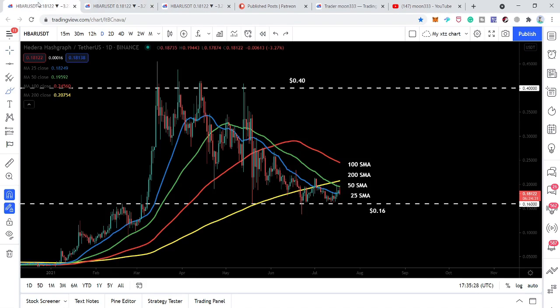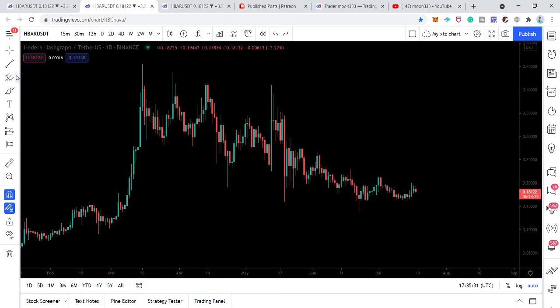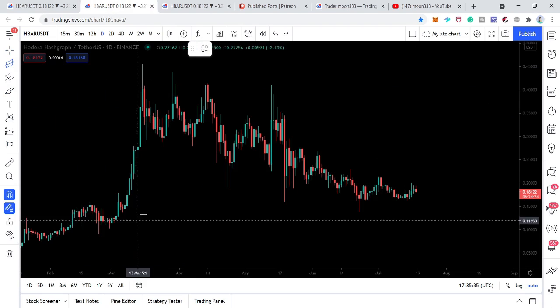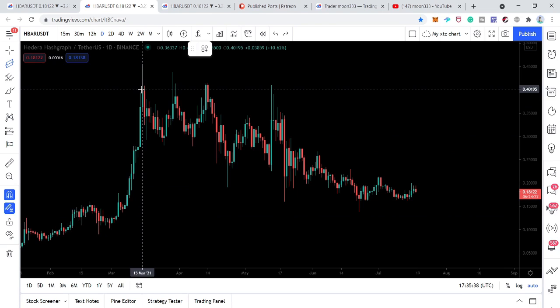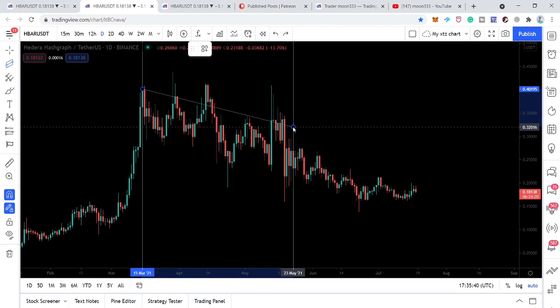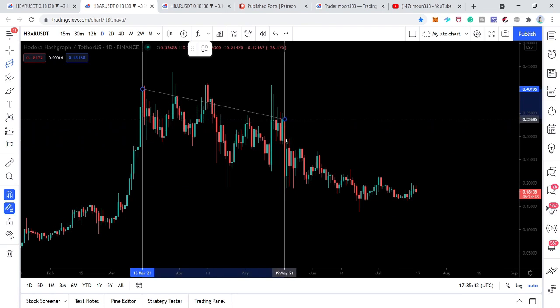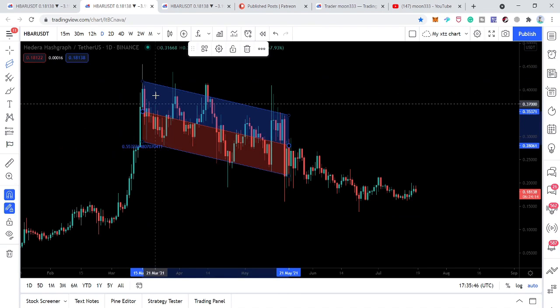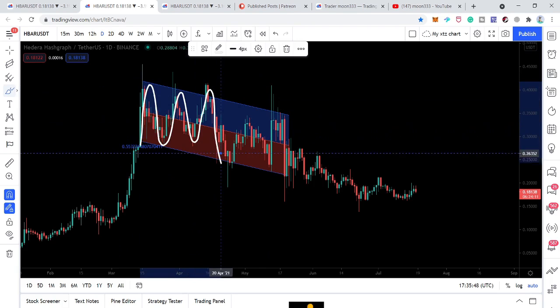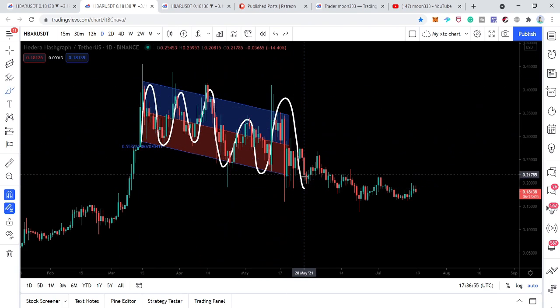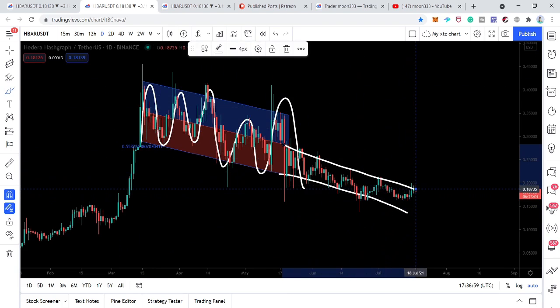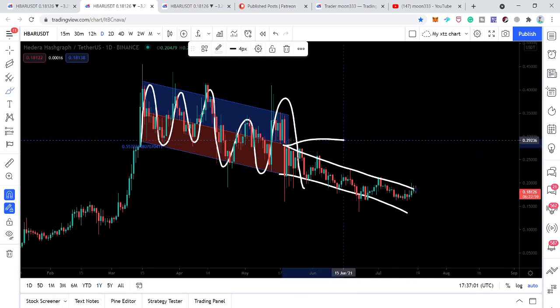This is the same daily time frame chart, and here if I place this regression tool, this is a really very useful tool to identify the different down or up channels. Now if I place this regression tool here from this candlestick to this candlestick, then we can see that the price action was moving in a down channel very well, and here the price action has found another resistance. Therefore, now the price line has formed another down channel